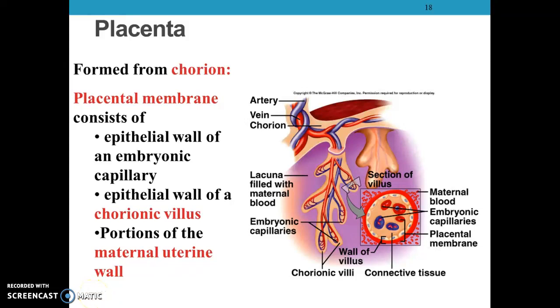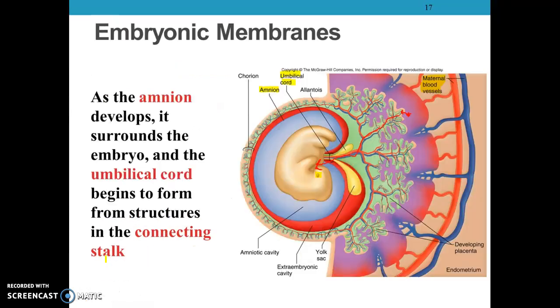Alright, so we started talking about the placenta at the end of the last part. So placenta is formed from the chorion. Just remember that's the embryonic structure that these come from. So they come from the chorion, and those fingers that branch out were called chorionic villi. You can actually see those in this picture at the bottom. What we're looking at here, so the placenta is kind of all of this area